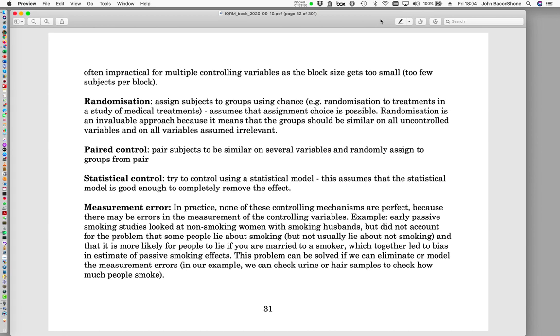So, in other words, it's quite hard to hide being a smoker in a non-smoking household, but it's quite easy to hide being a smoker in a smoking household. You think about it, right? Let's say the husband is a smoker and the wife claims not to be, but is a smoker. So if the husband goes out and she wants to